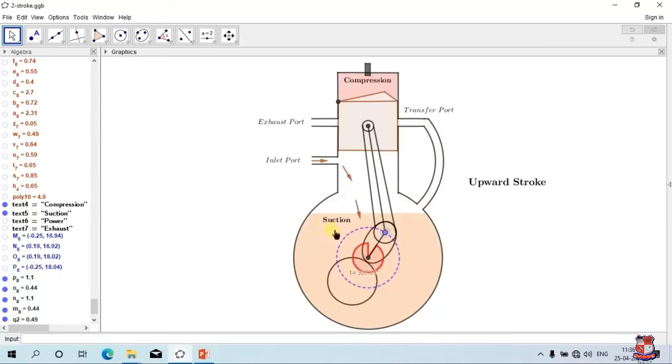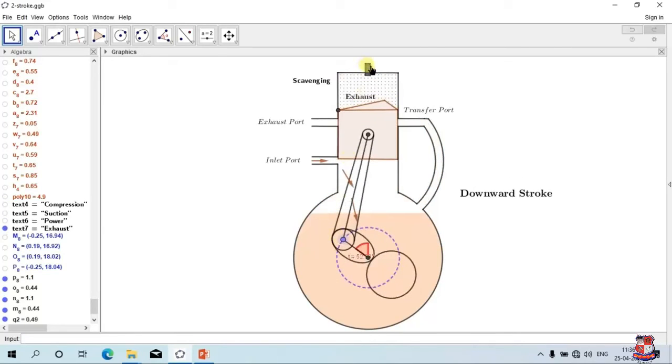If the charge consists of mixture of petrol and air and we are using spark plug to ignite the charge, that engine will be known as petrol engine, two-stroke petrol engine. If instead of spark plug, if we use fuel injector and in charge we take only air inside the cylinder, then that engine will be known as two-stroke diesel engine. Only this difference is present between petrol and diesel engine. All the constructional features are same. And one more, in petrol engine we are using spark plug, in diesel engine instead of spark plug we will use fuel injector.